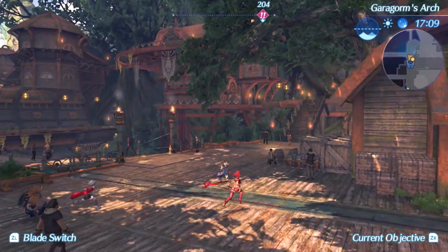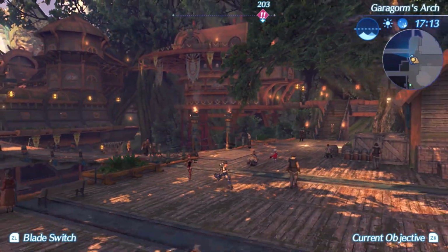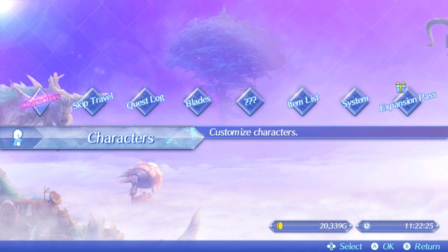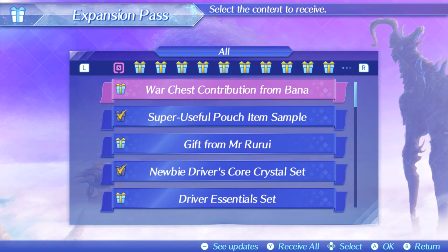Last time, we finished up every single normally available side quest in the Gormott region. This time, we're gonna be moving on to a bit of a new topic. In the pause menu, the expansion pass. This has all sorts of things available to us right from the get-go, and it's helpful pretty much from this